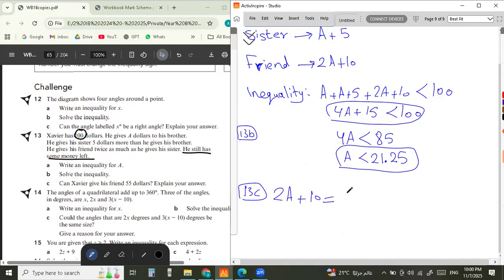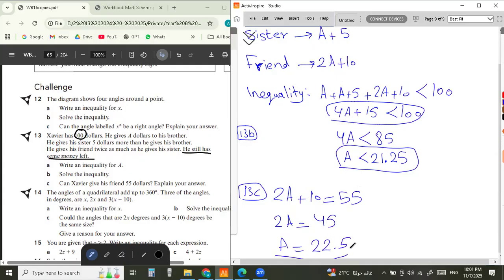Can it be $55? So now I'm solving an equation. They're saying to you, can 2A plus 10 be 55? Where did they get the 2A plus 10 from? His friend. He told you that he takes twice his sister, and we decided from the very beginning that his friend will take 2A plus 10. Can 2A plus 10 be equal to 55? Let's do it. So 2A equals 55 minus 10, which is 45. So A equals 45 divided by 2,